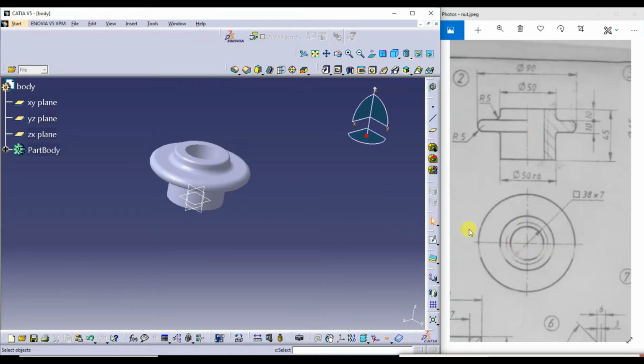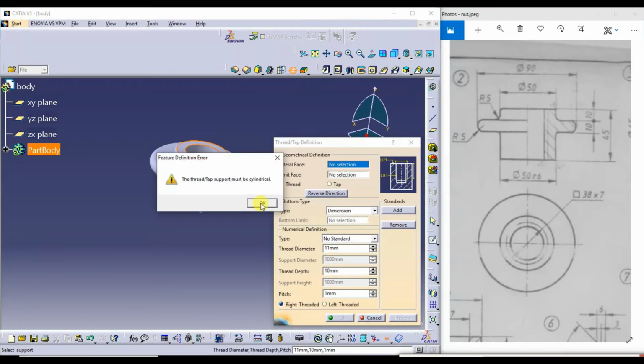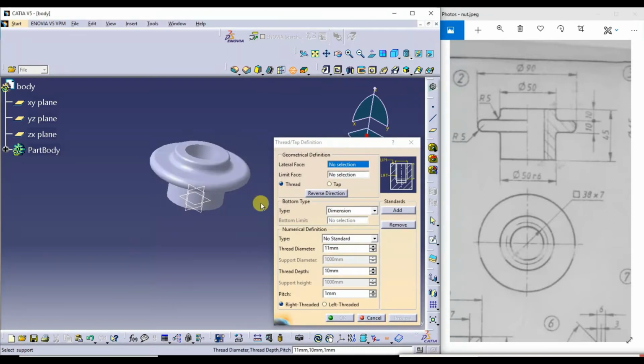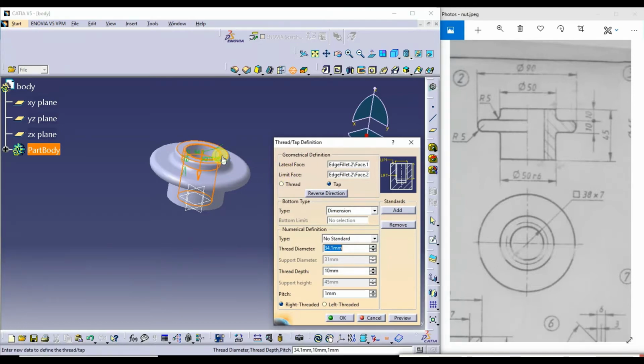Okay. Now to create the thread, what I do, I'll go for tab. I'll select this. This has a letter surface and limit face is this, but I'll select this as a limiting face. Next, you use the dimensioning here.